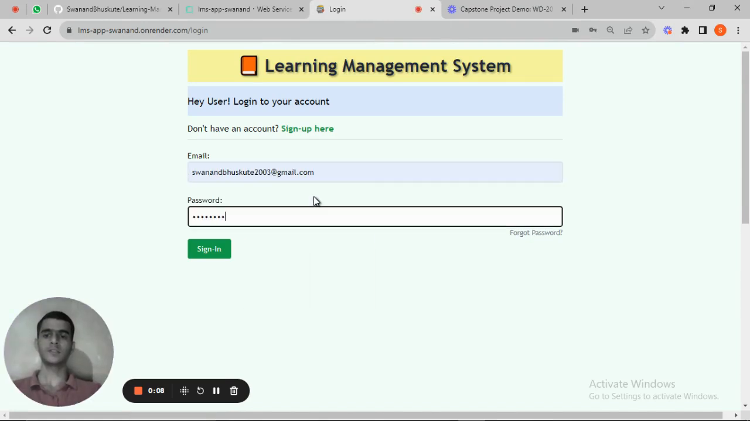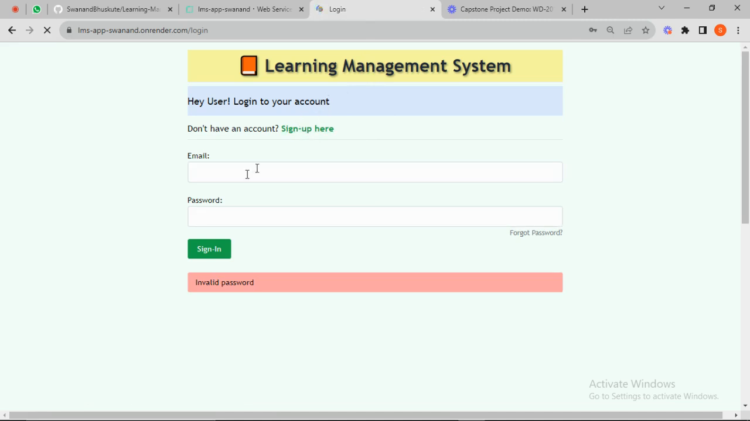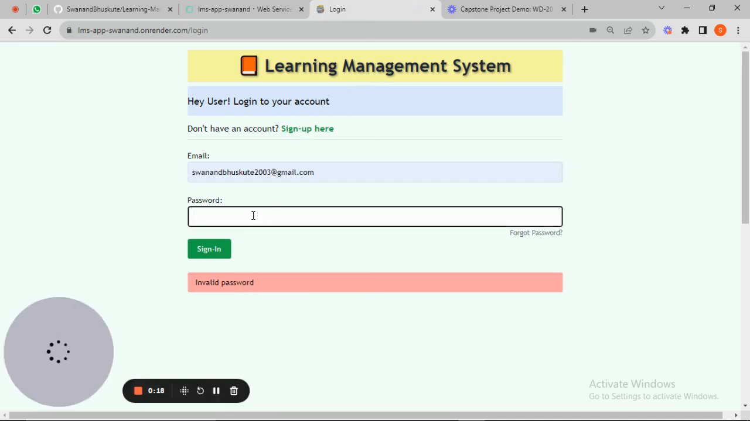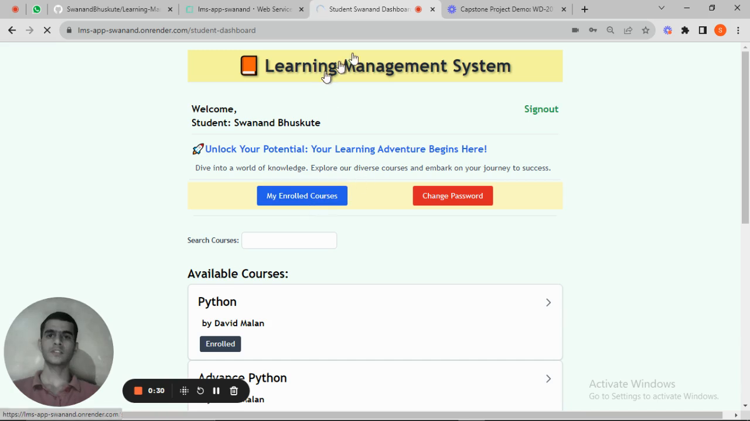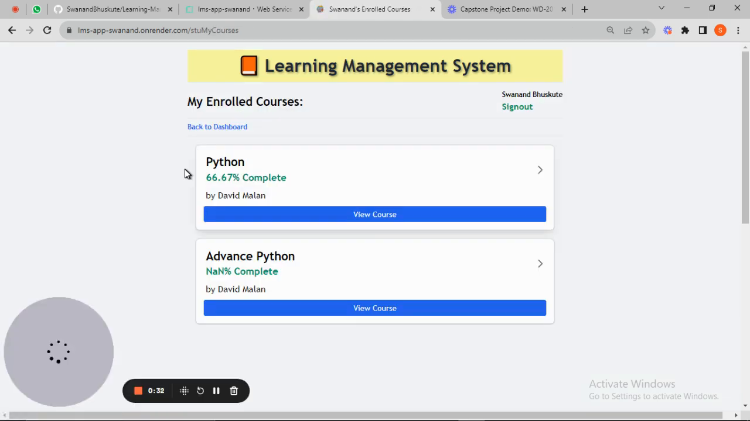Let's sign up as a student. Different password. So now I am signed in as a student, and in the my enrolled courses section I can see how much I have progressed in the course. Let's say I have completed 66% for now, and then at some later time, the owner of the course, David Malan, decided to